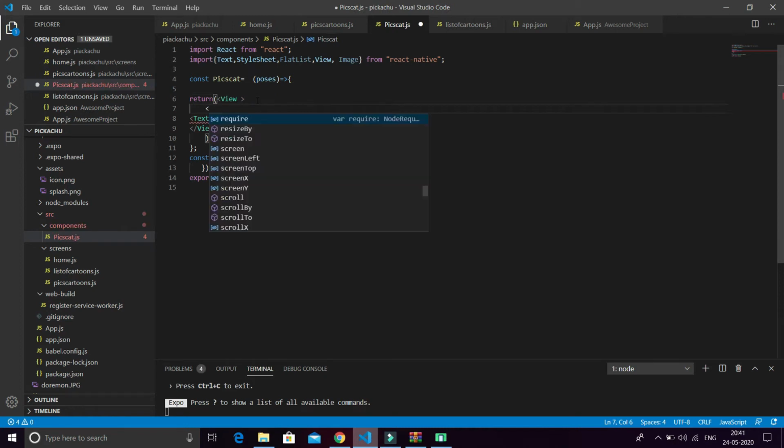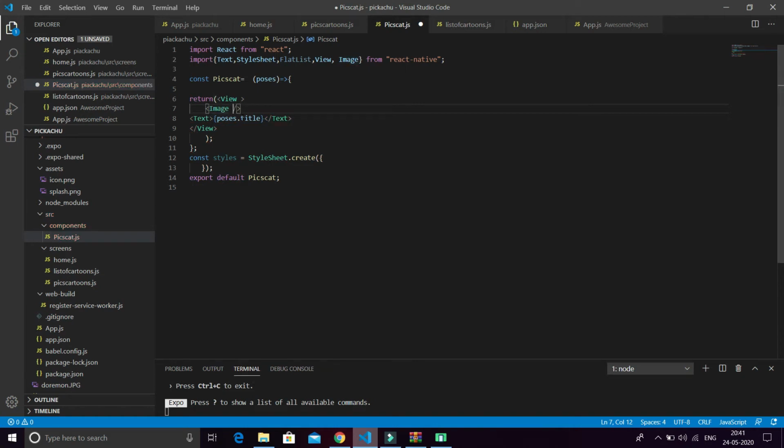Here we just type Image, and when we press the tab you see there is also a call for Image. If it does not appear automatically, you have to type Image here. Okay, and then I close this tag here only, and in the Image I type source, from where we are taking the image. And in that we type require, from where we require the image. For now we keep it empty as we have to put the image in that.